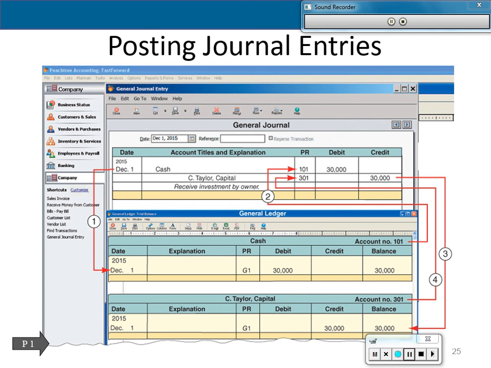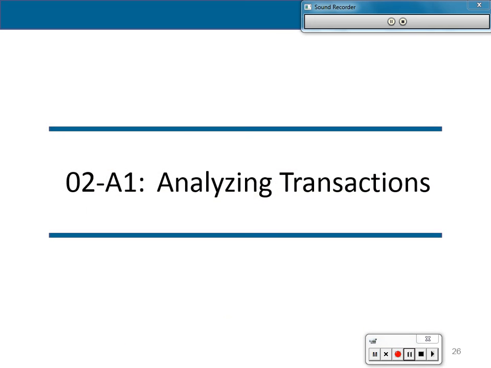Okay, so posting journal entries, that's just basically what it looks like. They're showing you the transition from general journal down to the different ledger accounts that were affected by that journal entry. So that's what I'm trying to say, each account will have their own separate ledger. Okay, each ledger. When we started the balance columns and we were listing it, we were listing the